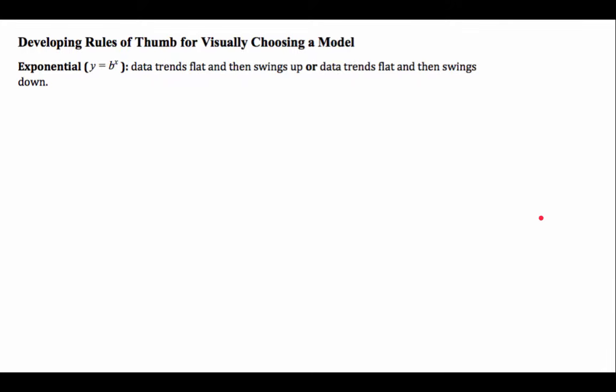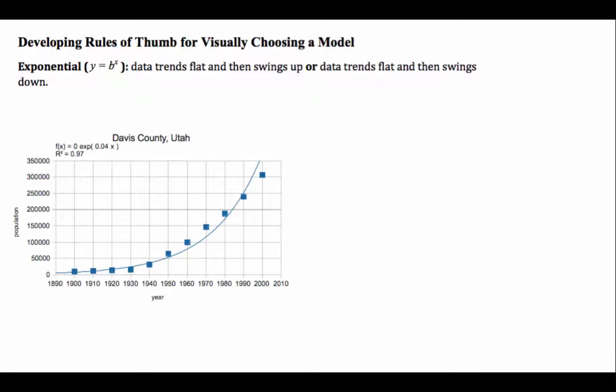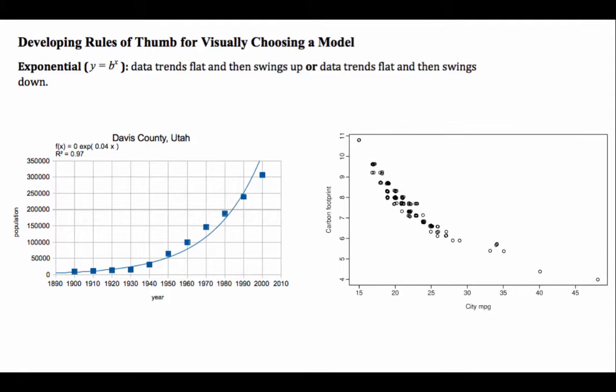So what is exponential? The data trends flat then swings up, right? Or the data trends flat then swings down. So in this case, it's fairly flat and then goes up. That was the population in Davis County in Utah. And this particular one was a carbon footprint as the city miles per hour,